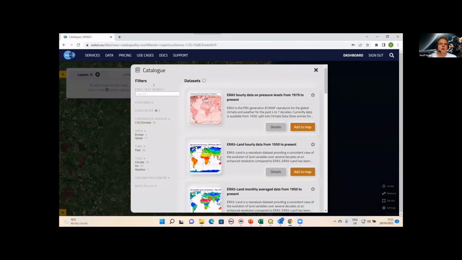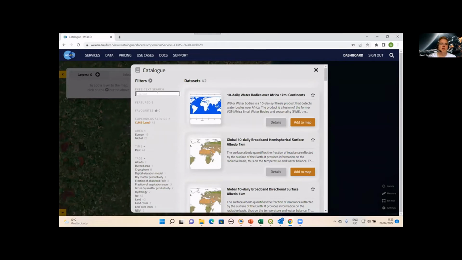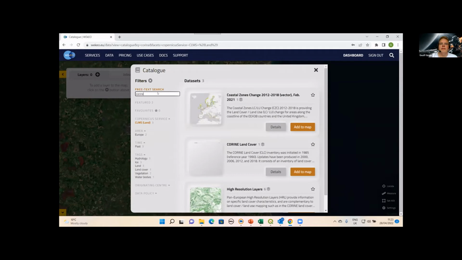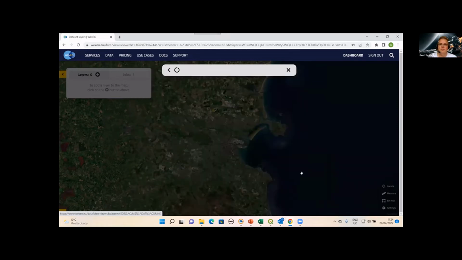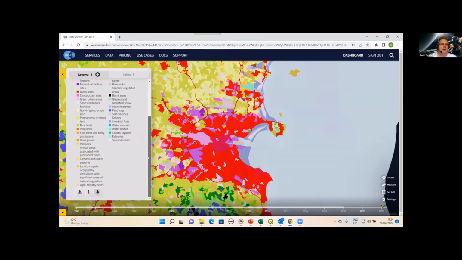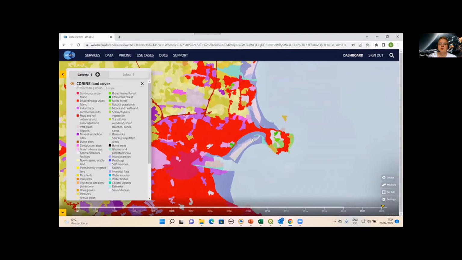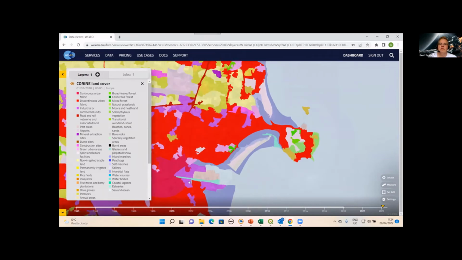And one of the ones that's already been mentioned quite a lot is the CORINE map. And this is a famous product for Europe, which goes back to the 1990s, and there's been multiple updates. And we can see here that this is a land cover land use map. This one has 44 classes, but it only has a minimum mapping unit of 25 hectares. So that's not overly useful when we're dealing with the very narrow coastal strip. So you can see here that this is a very generalized view of what's happening in the coastal strip.